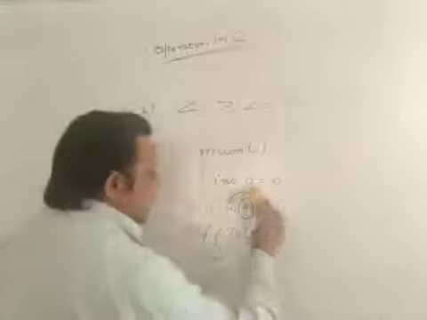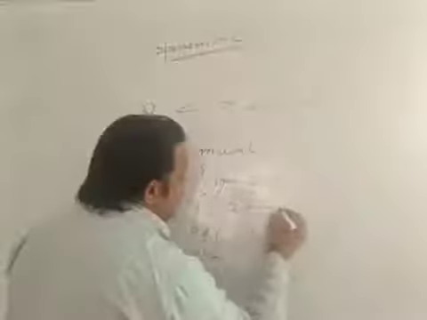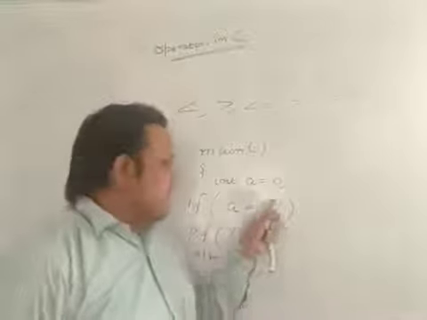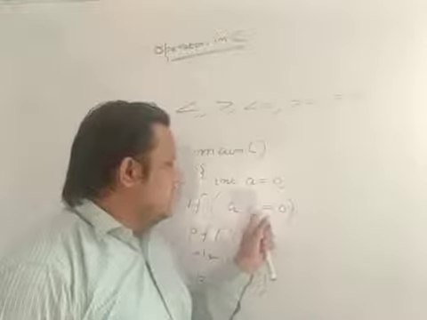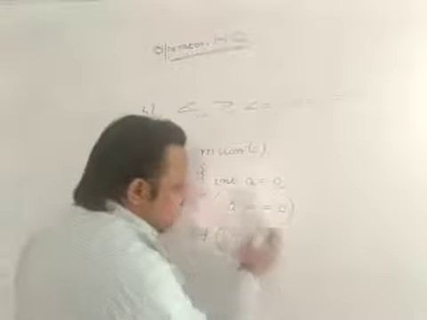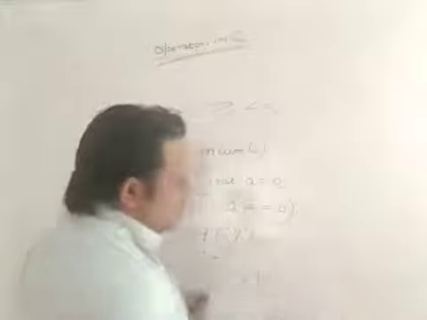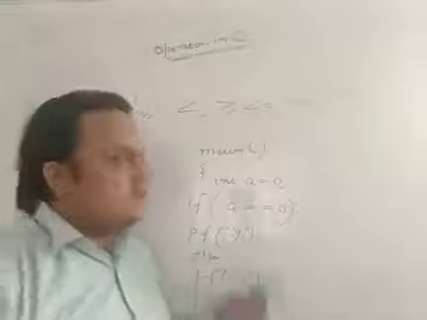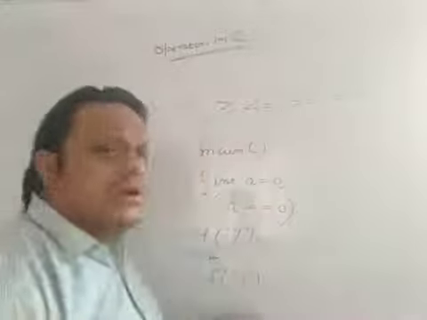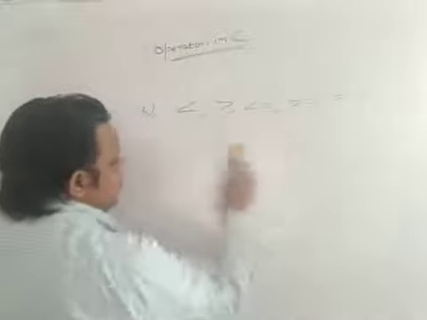Had it been a is equal to equal to 0, now you are comparing the value of a with 0, right? And since the value of a is 0, so 0 equals to 0. Your condition is true. So if this condition is true, the answer is y, right? So this is the basic difference between the comparison operator and the assignment operator. If somebody asks you what is the difference between comparison and assignment, you give this code and then explain your answer, right? Okay. Moving on to the next operator.